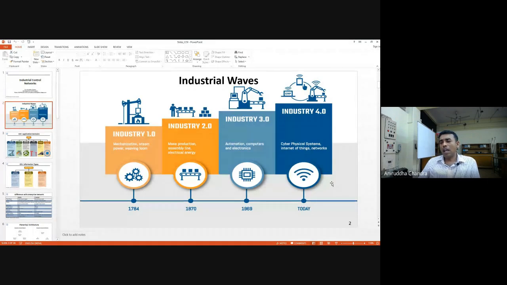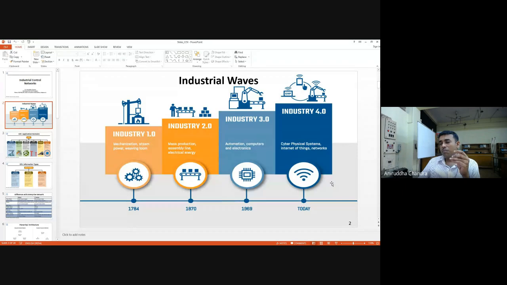So it took around 100 years, and this time the computer science and electronics people contributed a lot to Industry 3.0. What they did was separate the control unit of these machines or assembly lines from the machines themselves. So you can now have remote controls, and you can have some degree of automation. Robotic hands and other things came into the picture.